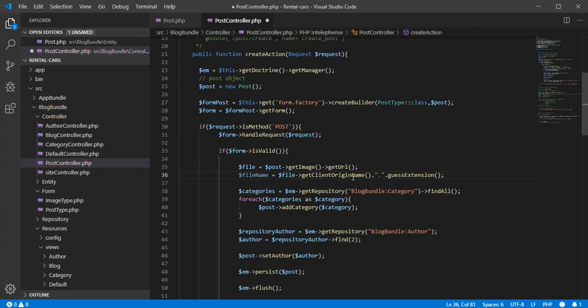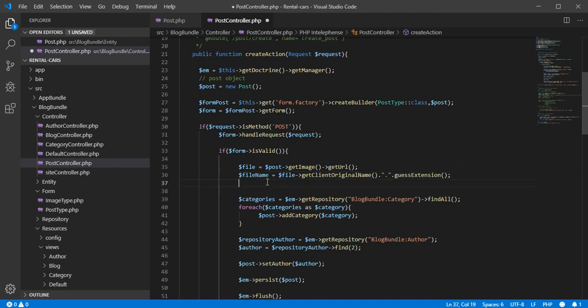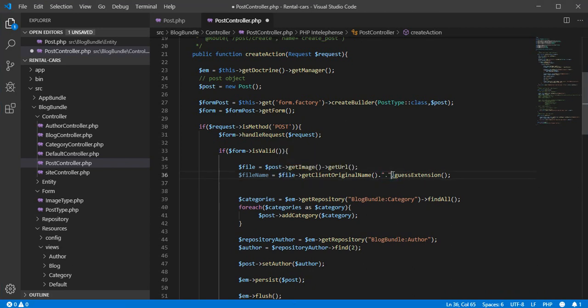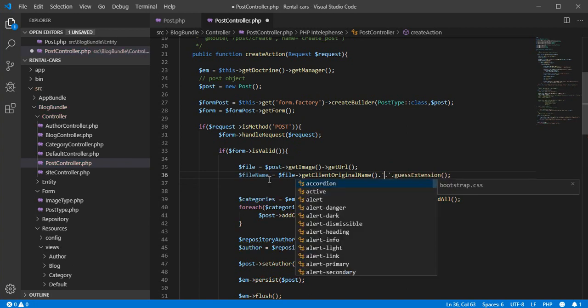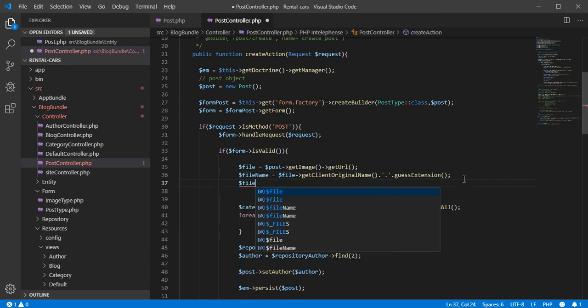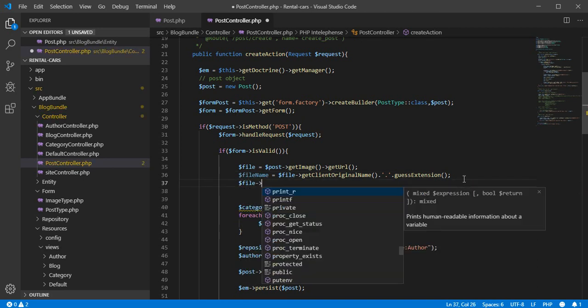Semicolon, and here it's the original name. Now we need to move it to another folder. So we will use a method or a function, named move. So let's use it in here. It's in the file and move,